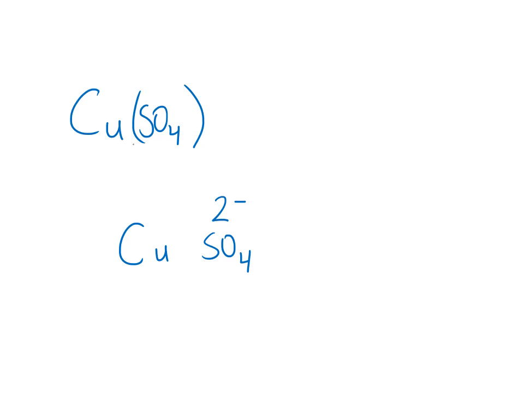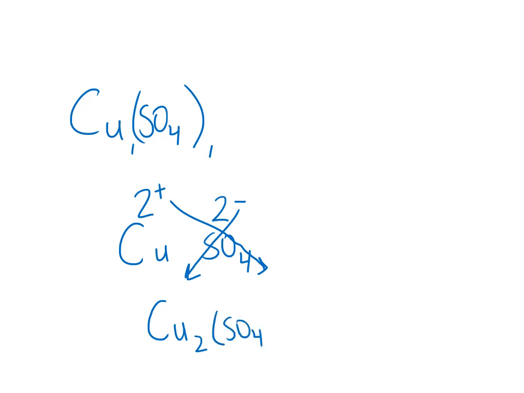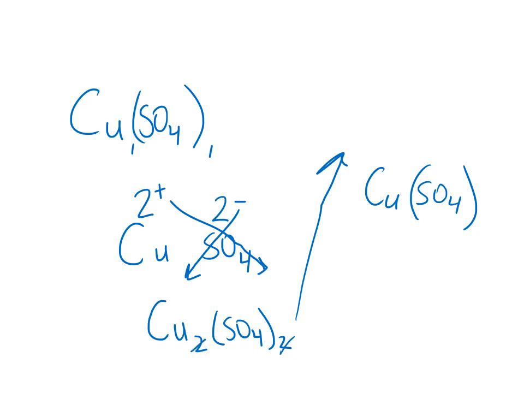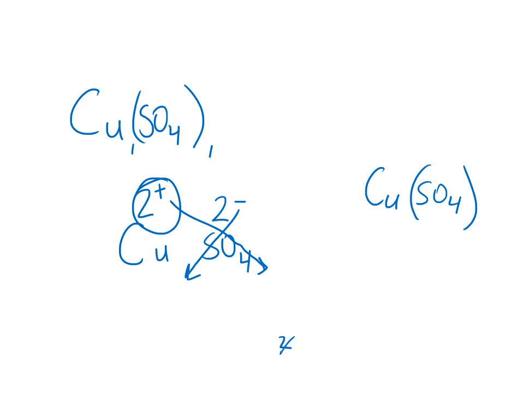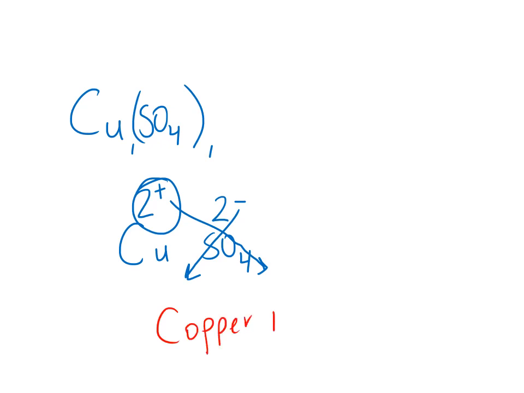So if it's now at a 1-to-1 ratio, that would mean that copper, which has the possibility of having either a 2+ charge or a 1+ charge, most likely had the 2+ charge, because when I go to crisscross these charges, they're going to cancel out. So this is going to become Cu2(SO4)2, which would then reduce to CuSO4, because the 2 would be reduced by 2. Okay, so the charge on copper that was used was 2+. So now when I go to name this, just give myself some room here, I'm going to name it as copper(II)